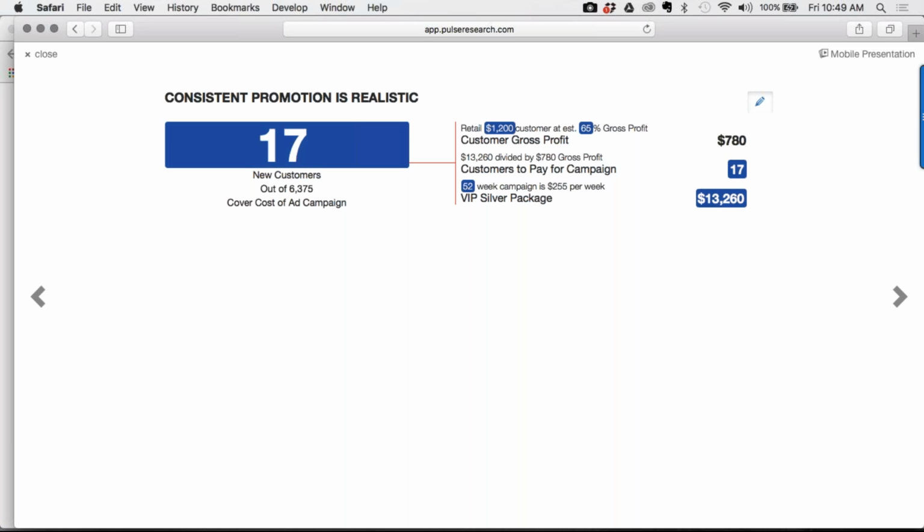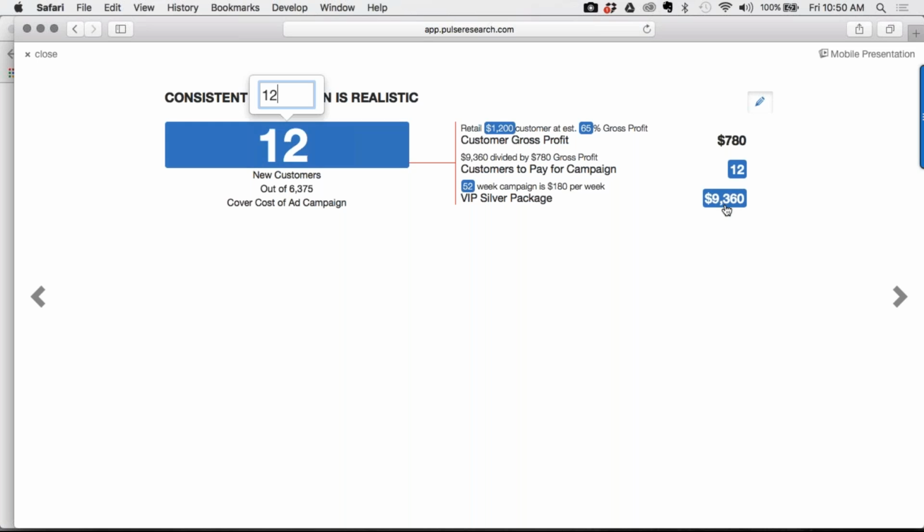Pretty cool, huh? And then you ask them, what is the absolute minimum number of customers that you feel you would get? In other words, take out the risk. What's absolutely comfortable? They say, well, I think I would get 12 customers, one a month. Well, look at that. 12 customers at $780 each. And how did we get that? Once again, with their input, they said their customers were 1,200. They said they make a gross profit of 65%. So 12 customers at 780, they just agreed to a